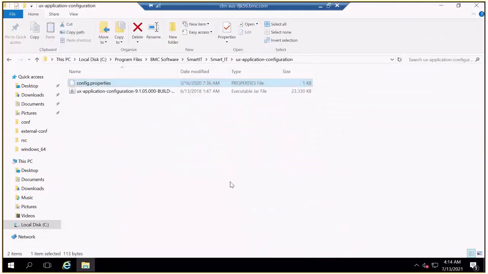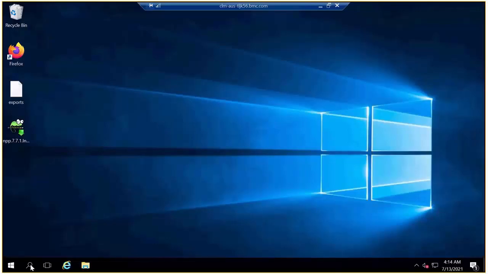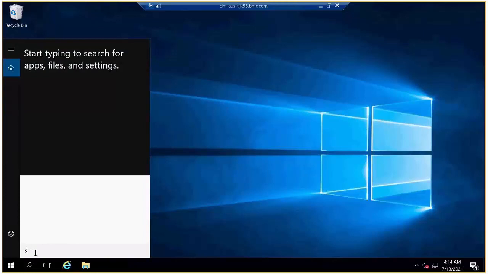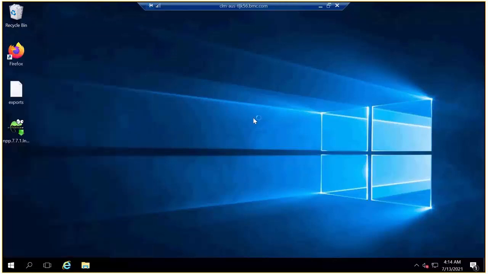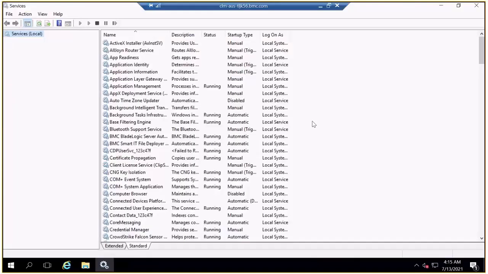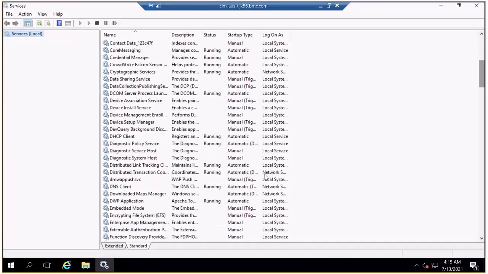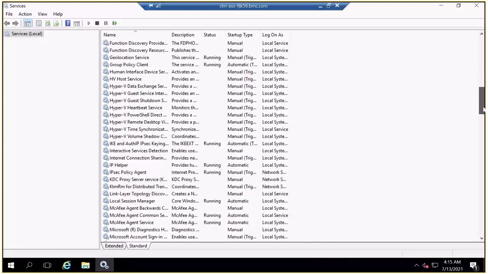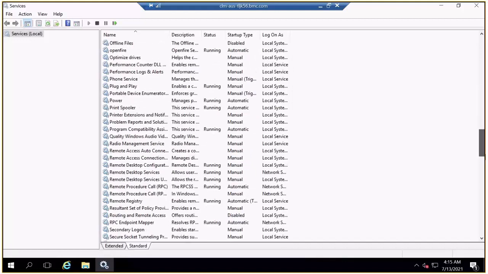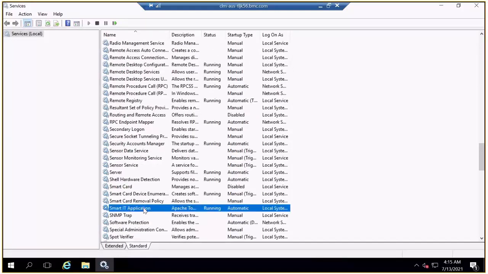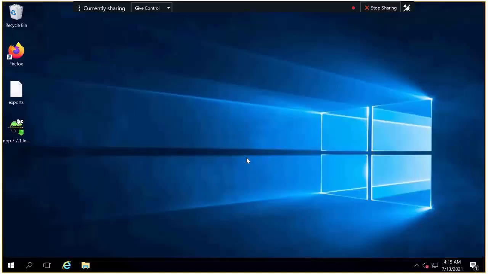This is basically my DWP server. It has both DWP and Smart IT installed. As you can see, DWP is running as an individual application, unlike 18.02. Similarly, Smart IT is also running as an individual application. Both are using their individual Tomcats. Let us have a look at a few configurational settings.